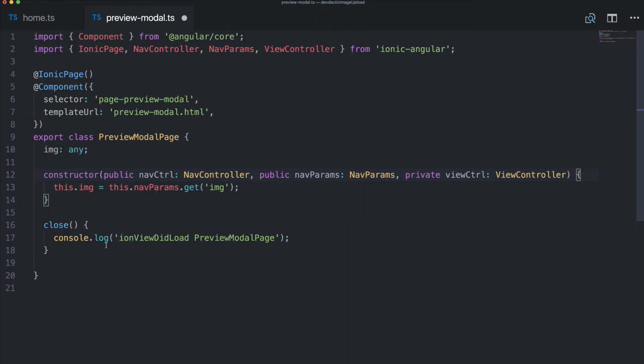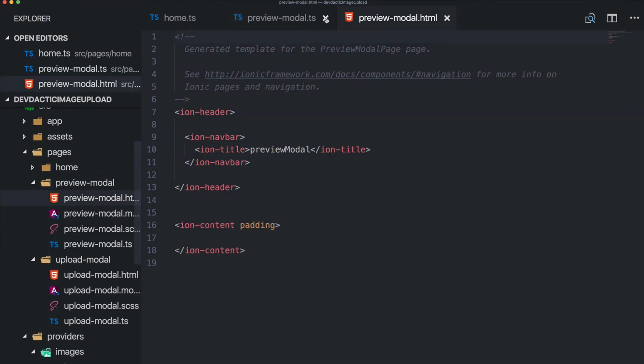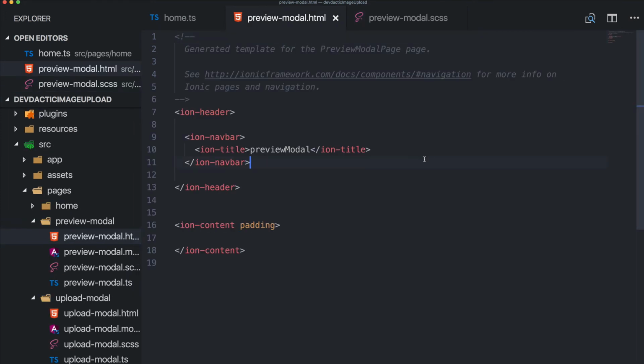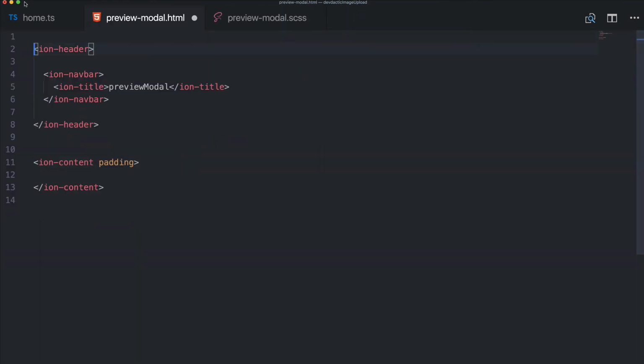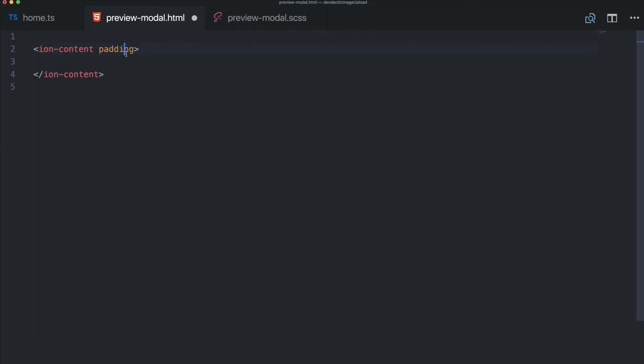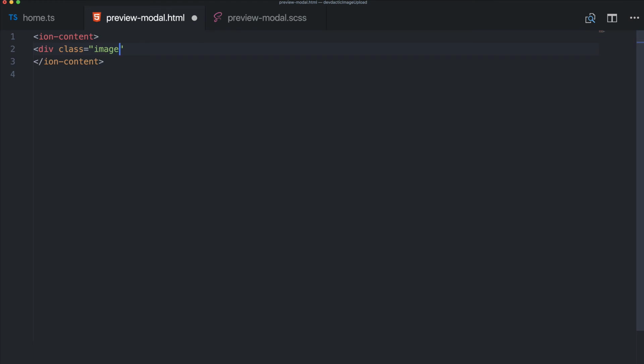Now it works. This dot view controller dismiss, and that's it. Nothing else is needed here, but inside the HTML and CSS for this page, because we're getting a bit tricky here. We want to have no header, just Ion content, and inside we will wrap everything in a div, which we will call image modal and transparent. So this will result in a transparent view,